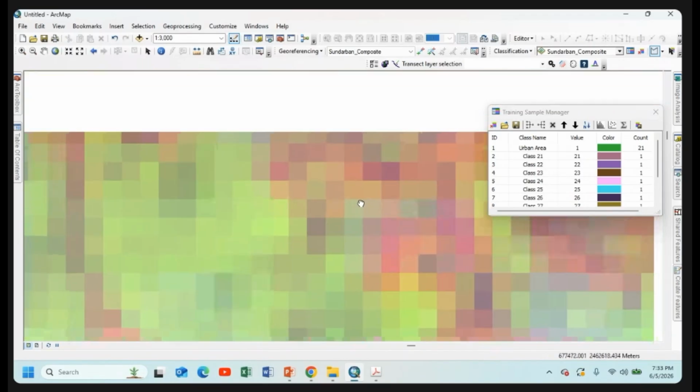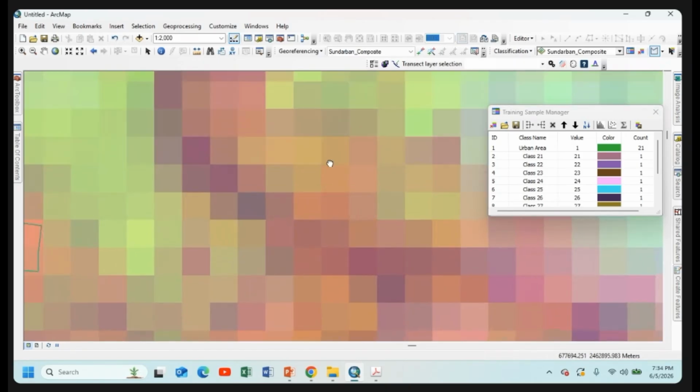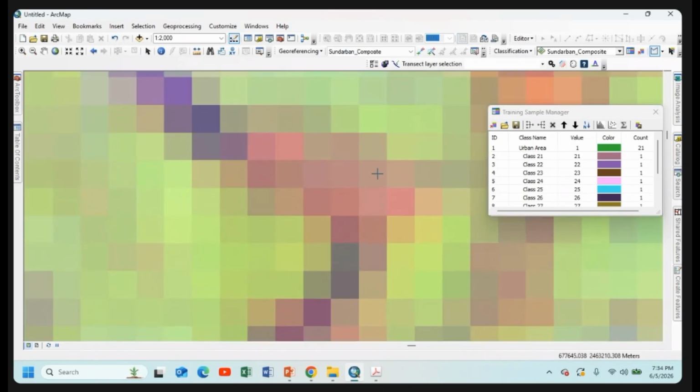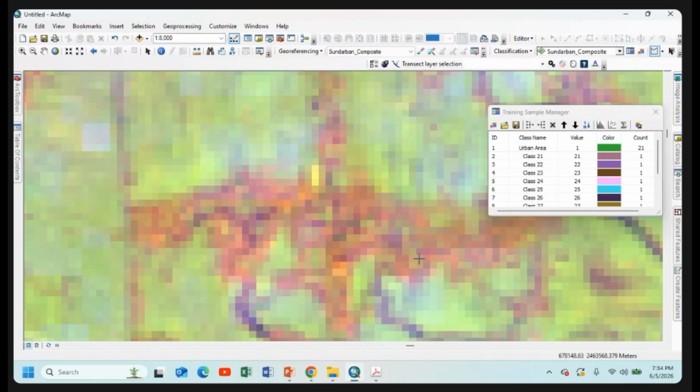This is the condition for Landsat 5 data. If the data is Landsat 8, the combination will change to 543. As this is the combination for Landsat 5, I took the 432 combination. For Landsat 7 and 5, the false color composite is generated by the 432 combination. For Landsat 8, it is generated with the 543 combination.